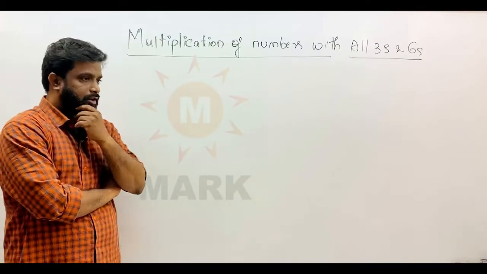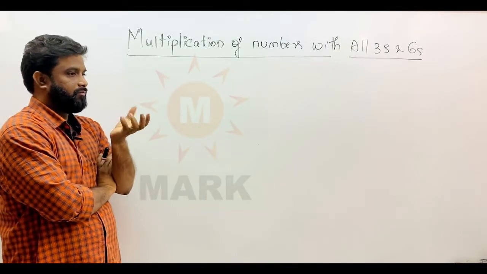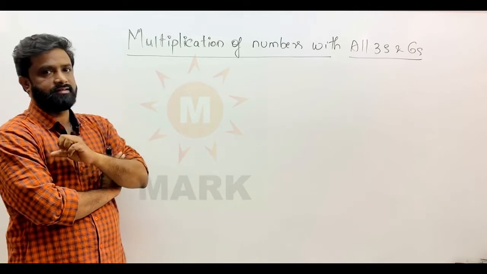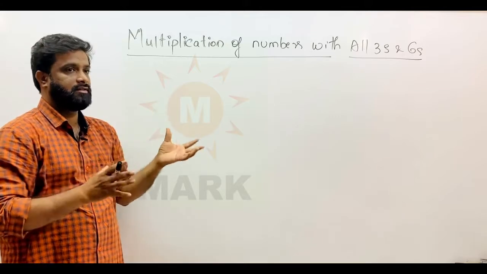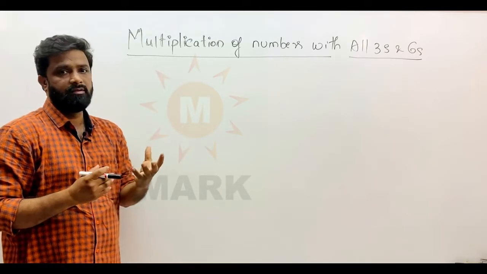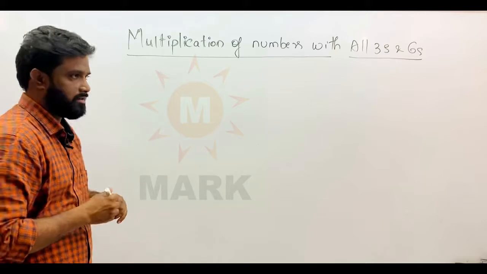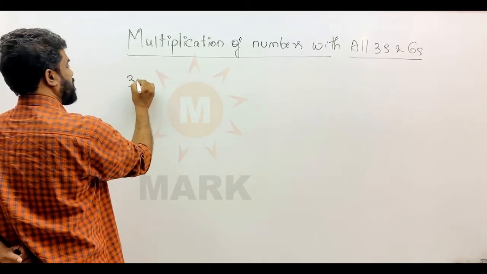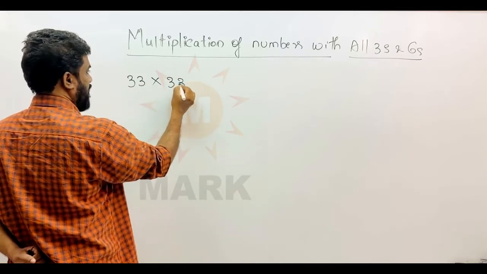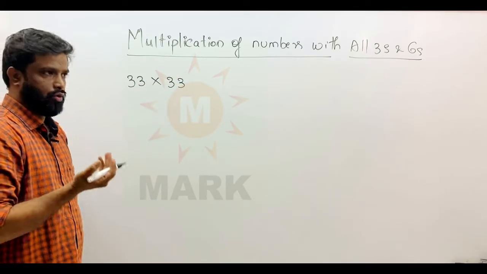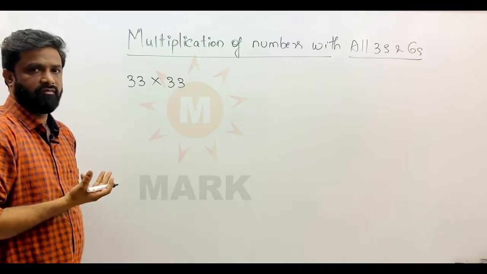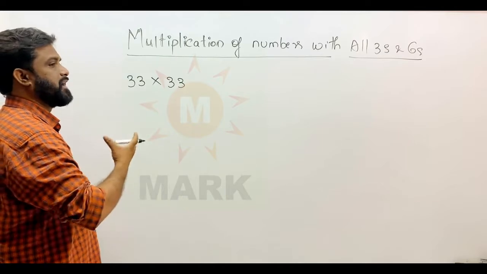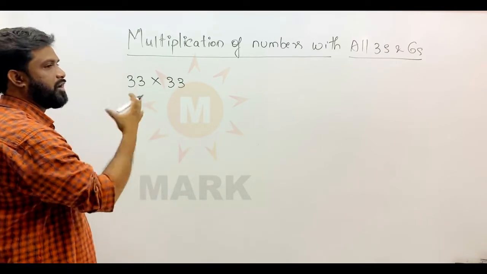So friends, now we are going to discuss a very tricky multiplication which consists of the numbers of all 3's and all 6's. So how to handle the multiplication of those kinds of numbers, we will be looking at right now. Suppose I am multiplying 33 into 33. I know you can do it like 33 whole square, the a plus b whole square technique, which we have discussed in the previous videos. But I'll tell you another tricky multiplication method, because these are numbers which contain all 3's.